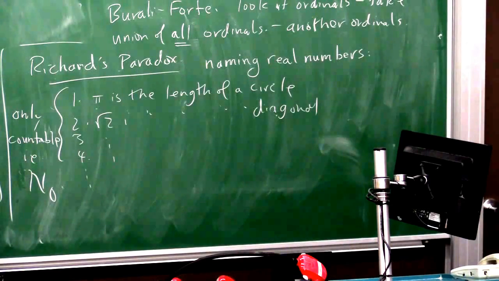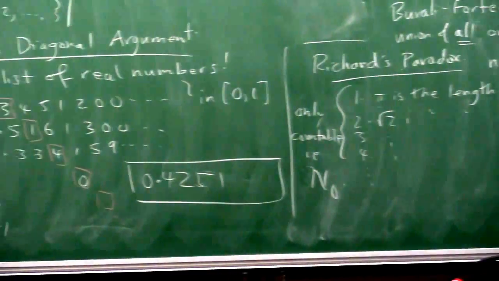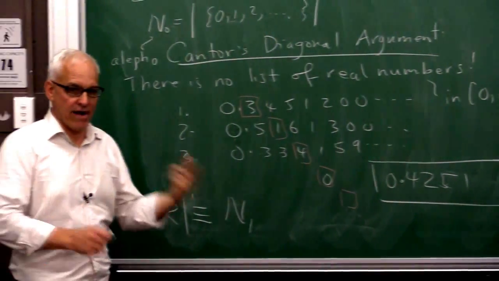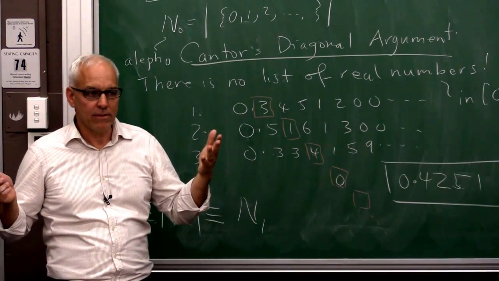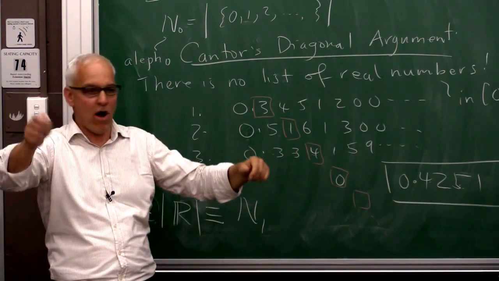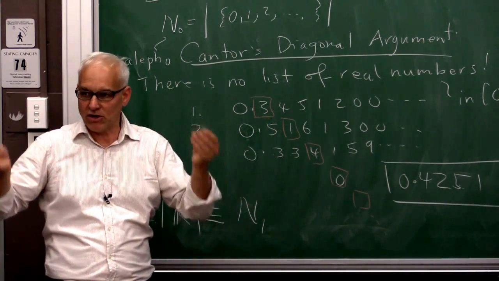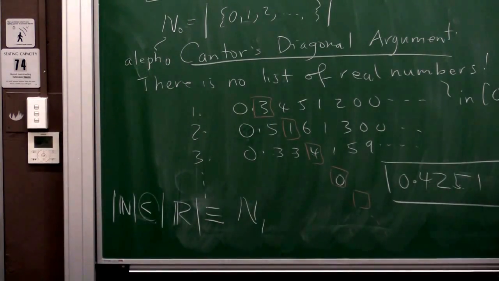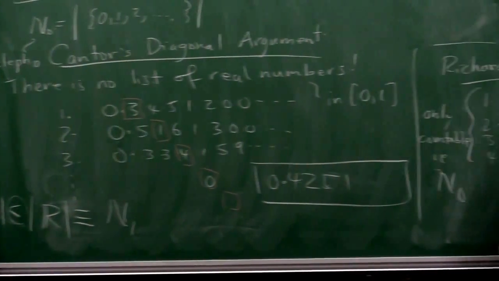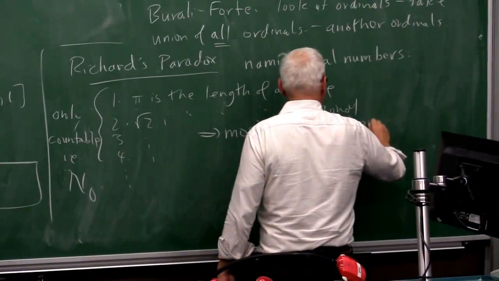Okay, so the real numbers that can be named are countable, but we've just supposedly established that there are uncountable real numbers. So that must mean that there are real numbers out there that are not nameable. In fact, most of the real numbers are not nameable, in the sense that there's no way of describing them at all. Even if you have some huge hard drive and you go on for years making some description, you just cannot describe these numbers. So most real numbers are unnameable.